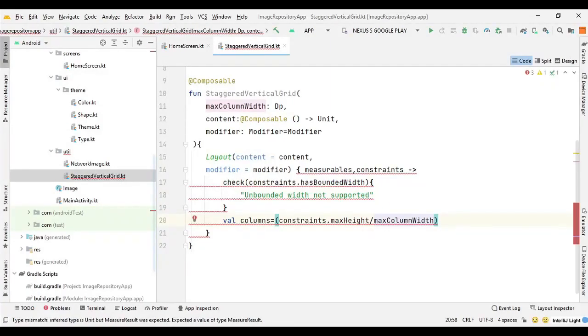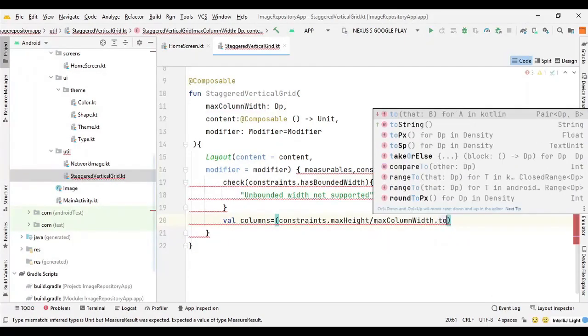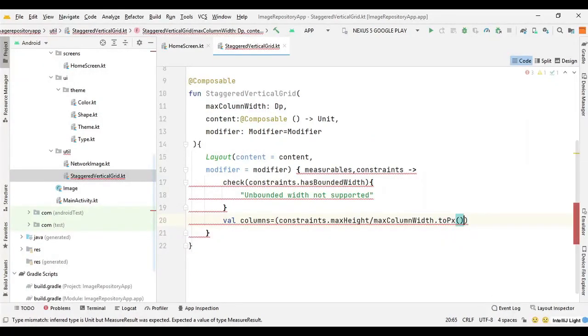Then we need to convert it to pixel. So here we can just say dot to px, so it will convert to pixel. And then we need this column to be a whole integer value, because this calculation will definitely give a float value, because the max width, sorry, it has to be max width, my bad.